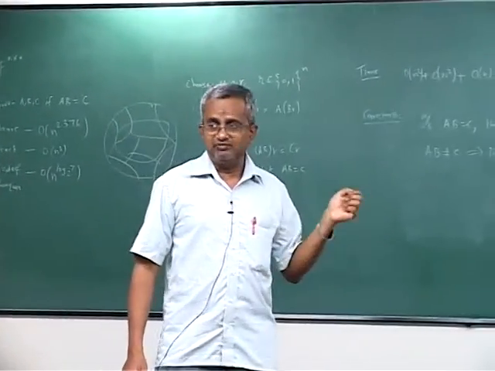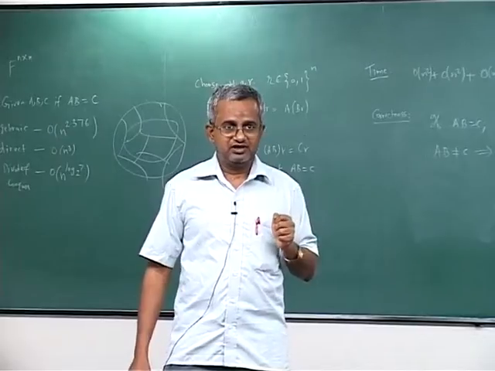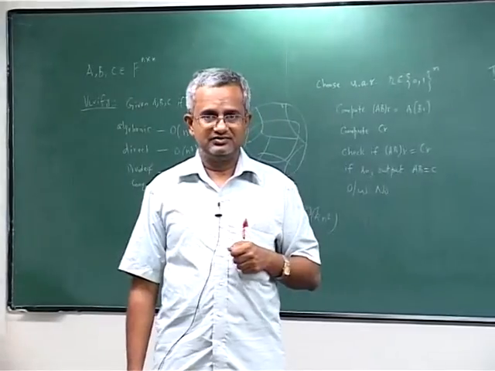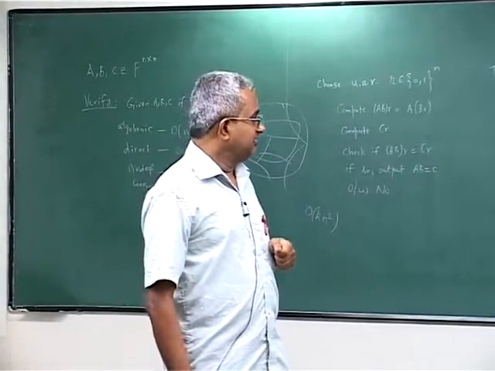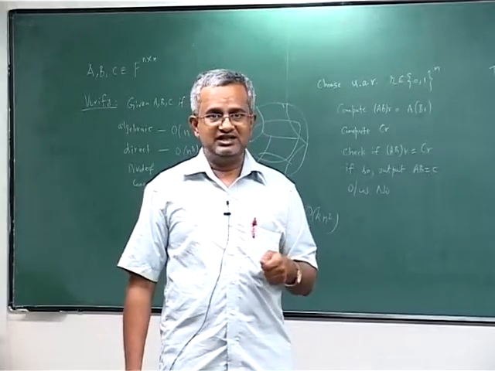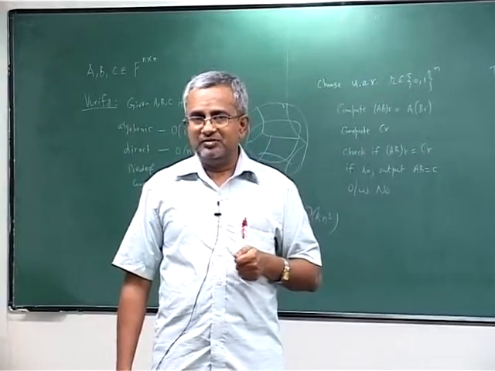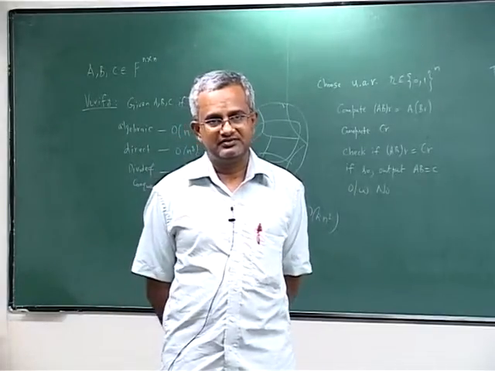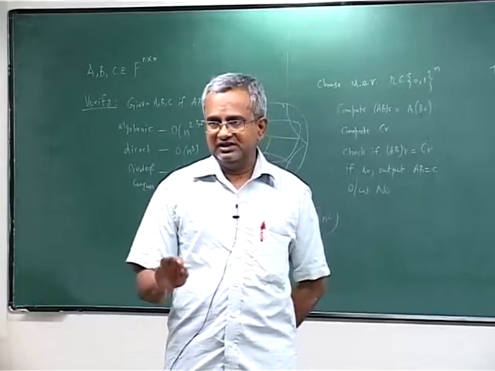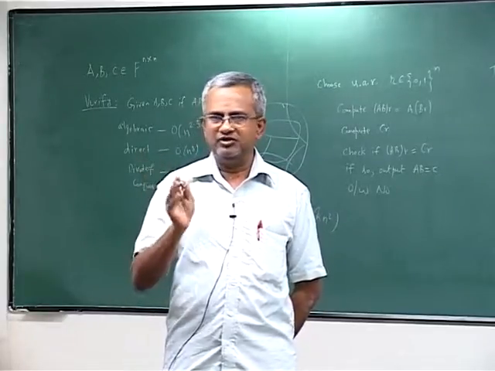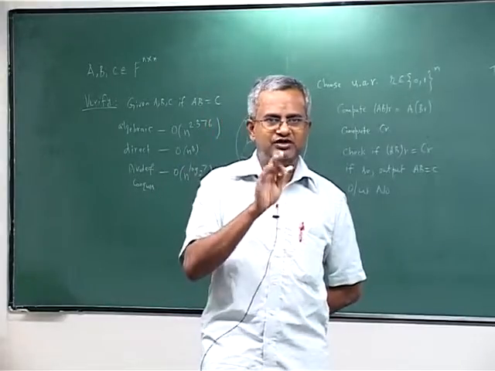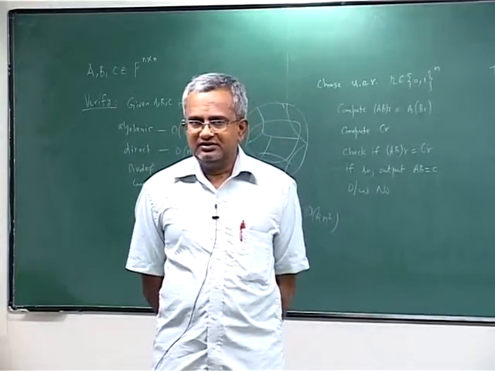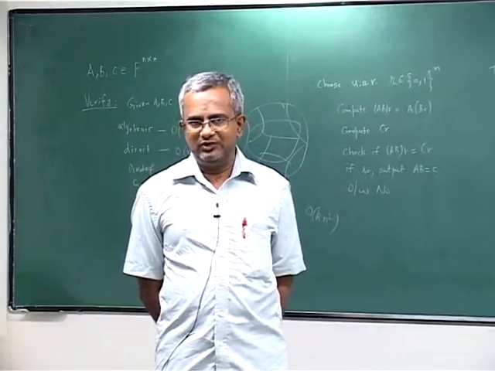Suppose I in fact claim that there is a lower bound also. The lower bound is that I claim that no deterministic algorithm can correctly determine the answer if x is a majority or not by doing less than n by 2 equality tests. Anything less than n by 2. n by 2 minus 1, if n happens to be even. You can never do that. So, can you think why it is true?